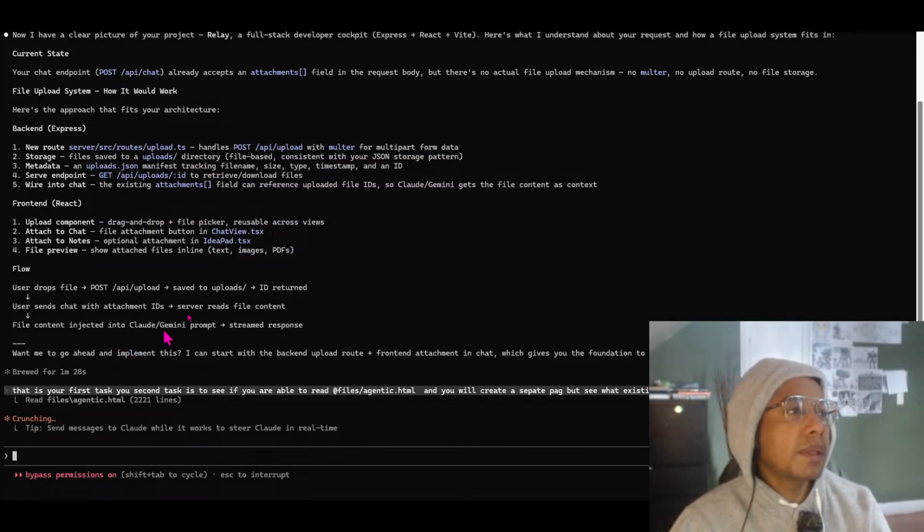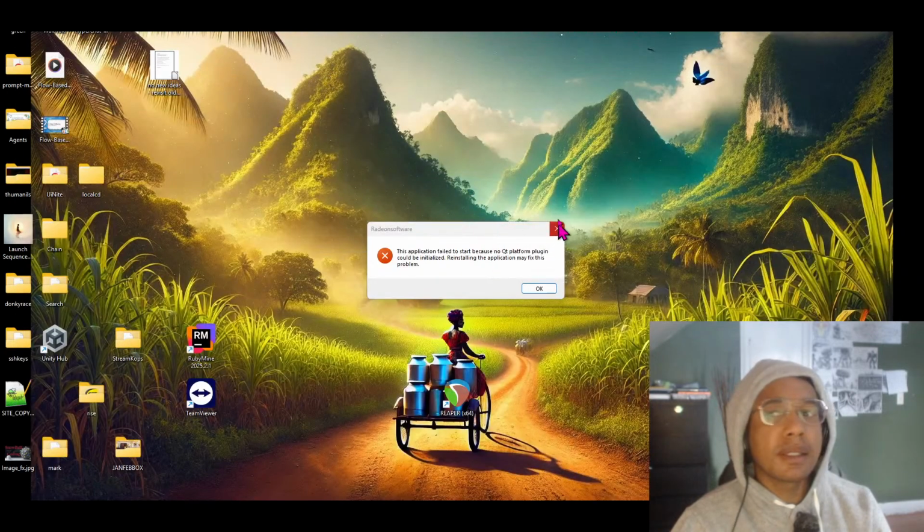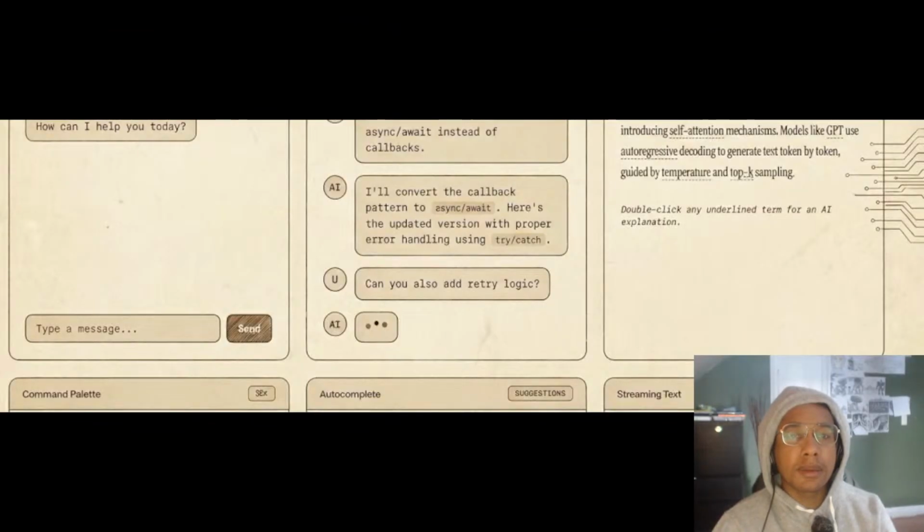So that will give us a good starting point while we are going into, let's go to this active window here. Okay,